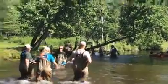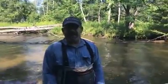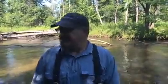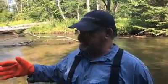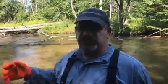Before we talk about actually creating habitat, let's talk about the way habitat creates itself. What you see here is the importance of wood that falls in the stream from the adjacent riparian corridor. A tree falls in a river typically will back way up in time. Before there was European settlement here, there were tales of the Boardman River. There's documentation that said you couldn't float this river, you basically could walk across it. There was so much wood in it